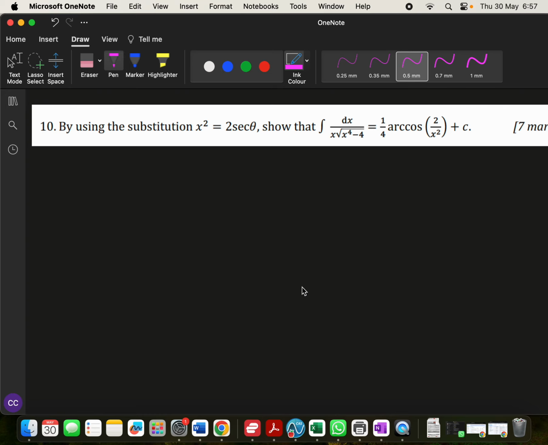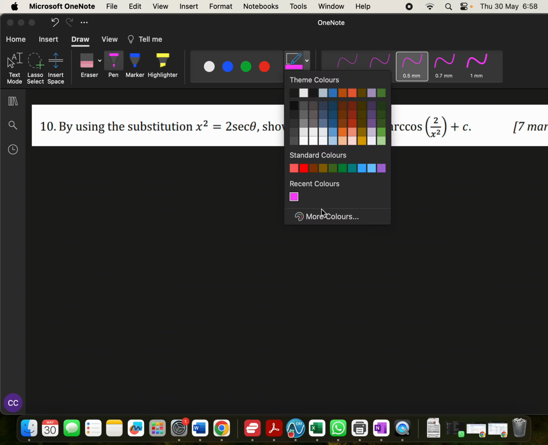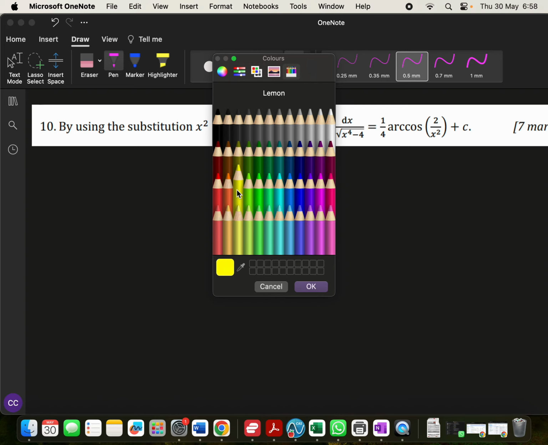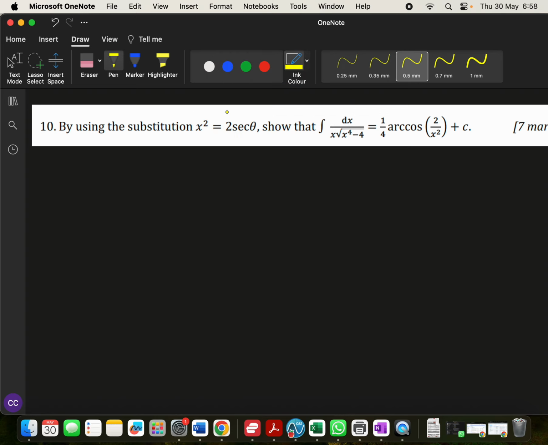Okay, this is question 10 from the most challenging paper 2 questions for this upcoming assessment. So it involves a trig sub, like they're telling us right away that we need to take x squared and we're going to substitute 2 secant x into it. So to do this, one of the things that we need to start with is let's do our work with the sub that we're going to have to do, because we know we're going to have to do a couple of things with it. So if x squared is 2